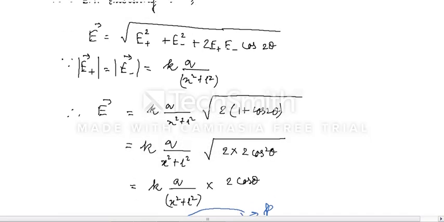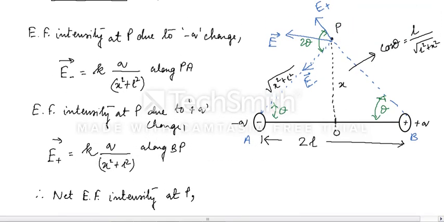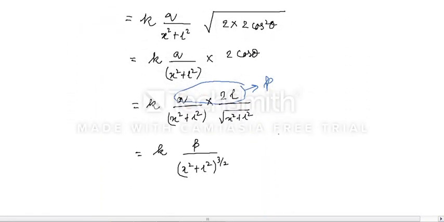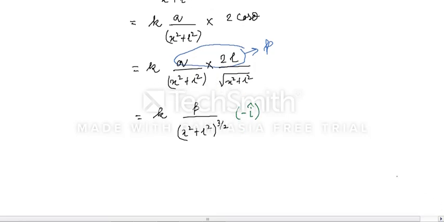So the direction, we all know that this E plus and E minus are having same magnitude. So this will be exactly in between them. So the direction will be minus i cap. Direction will be minus i cap. This we have to remember. Why is the direction minus i cap? Since it is exactly acting opposite to the direction of the dipole moment. Okay. So this is the expression of electric field intensity due to an electric dipole